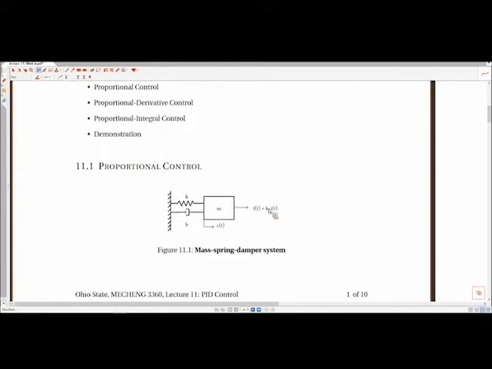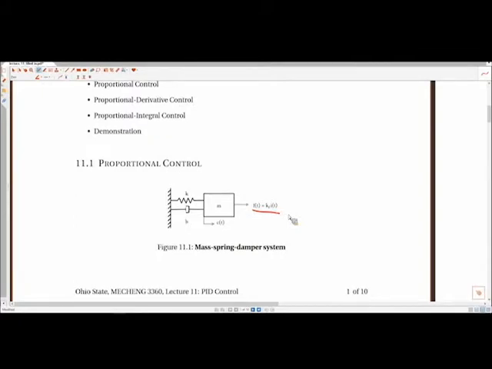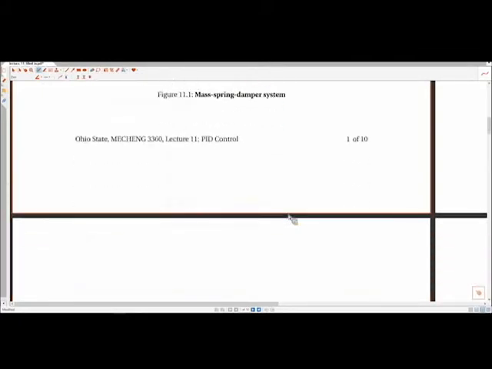Usually we're talking about motors, but we could be talking about hydraulic systems, pneumatic systems, and many other ways to force something. We have some way to deliver a force to this mass, and it has natural spring action and natural damping in the system. Following off the notes we went through already, we established for this system